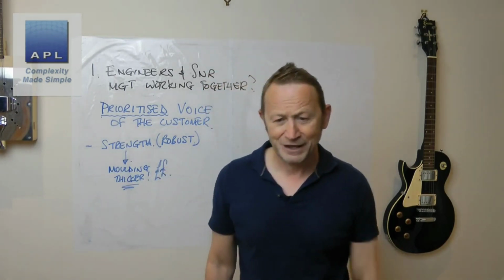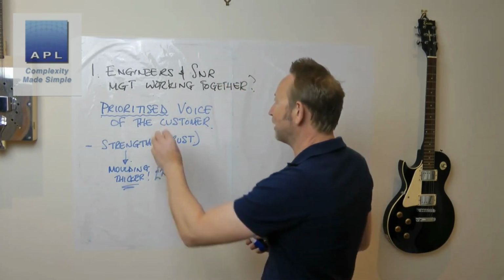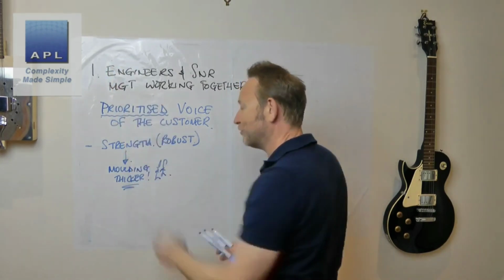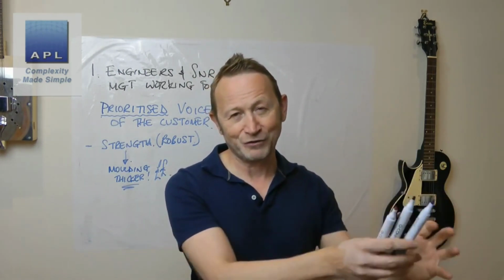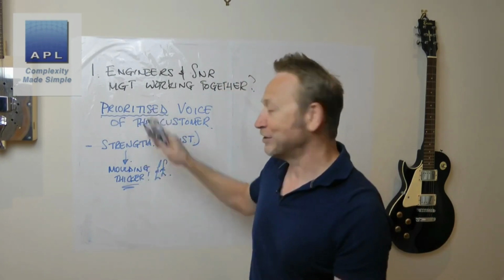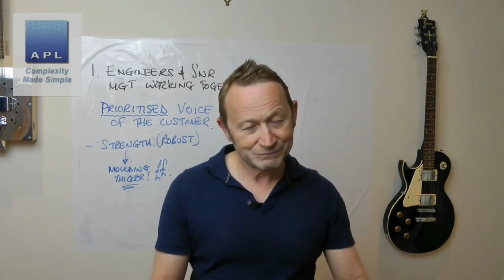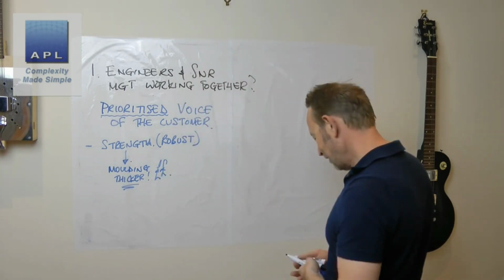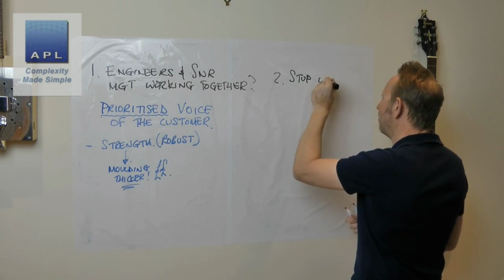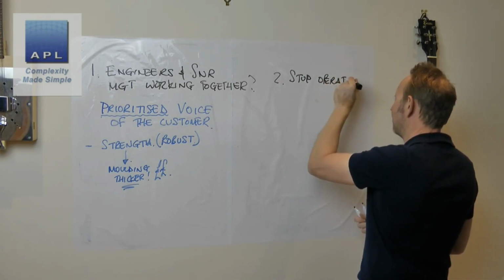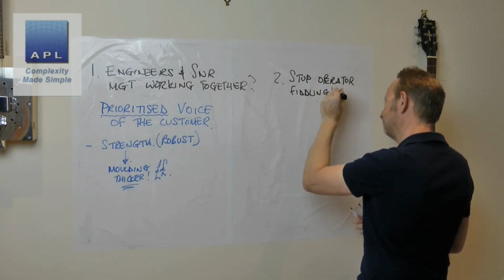Question 2 then, what we've got here: how to stop the operator fiddling with process parameters. Now, I think you also mentioned that if we've got engineers and senior managers on the right page, and they understand that certain things on the machine are important in order to please the customer, how do we make sure that the operator doesn't go fiddling with things? Okay, so question 2. We want to stop operator fiddling with parameters.